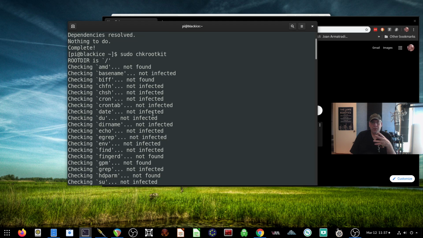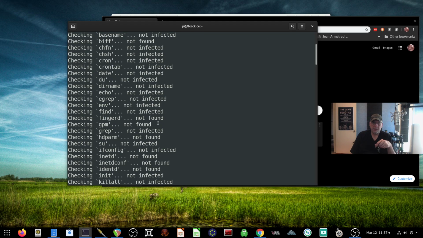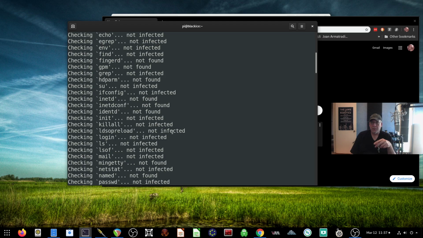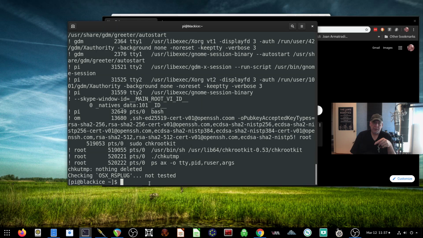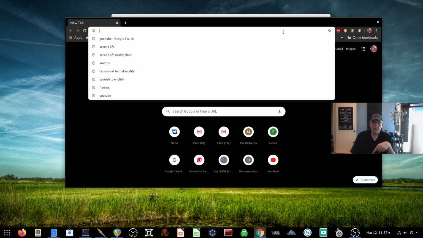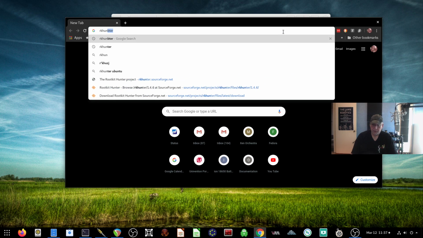There's really a couple of criticisms I have with this tool. One is I wish it would color code when it found an infection. And the second thing is it would give you a summary down here at the bottom of how many it did and what it did find, and then put it in a log file. But the other tool that is along these lines that I use is rkhunter,